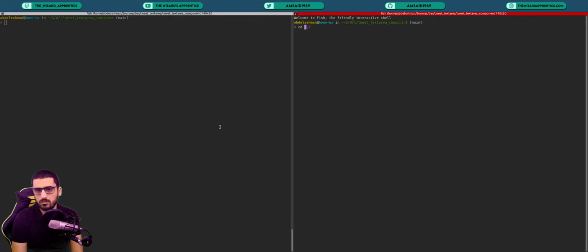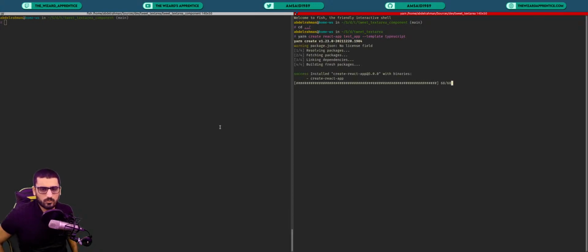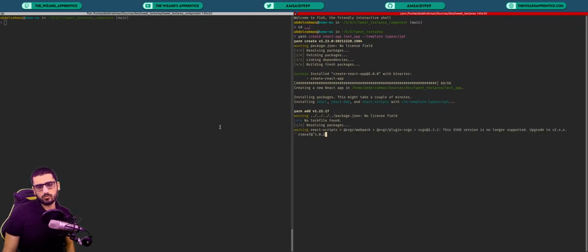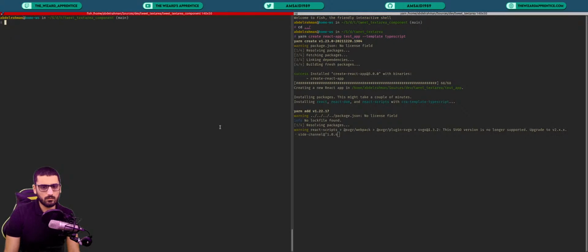So the first thing, we will go here to just go back one level, and then we will run yarn create react-app test-app with the template TypeScript. So we're just creating a regular React app using create-react-app, but we're using TypeScript. And what we're going to do now is, while it actually creates the app, we need to rebuild our